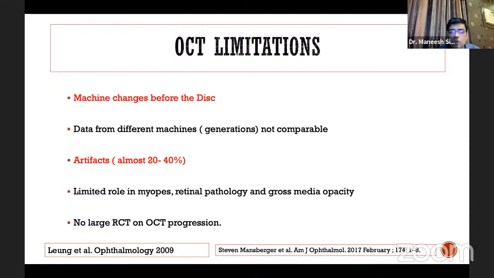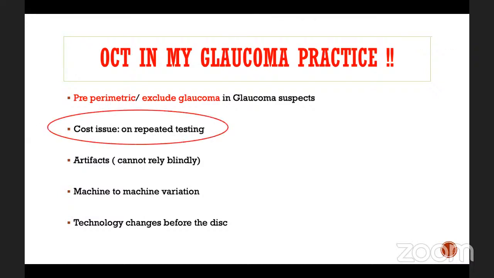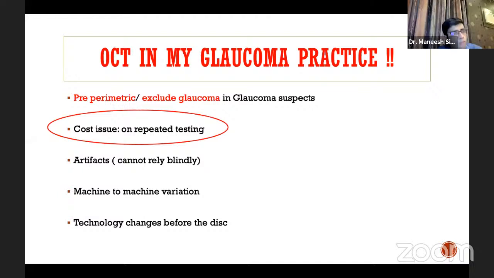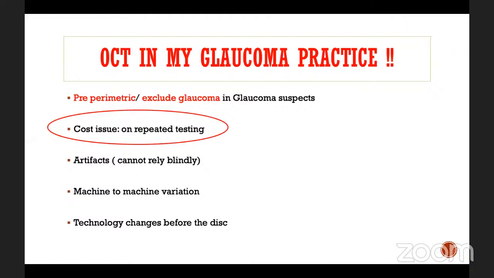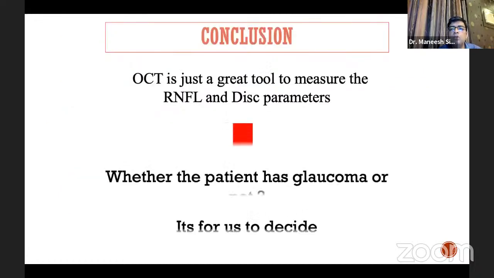Plus, artifacts are very, very common. We don't see them actually, but if you start looking for them, in almost 40% of patients you will find some artifacts. In my practice, I mainly use OCT for pre-perimetric glaucoma and to exclude glaucoma rather than to diagnose glaucoma. Again, cost is a factor, because when you're seeing patients over time, you're doing clinical evaluation also, and doing OCT repeatedly has a cost involved. So it is not possible in every patient, and I've already told you about artifacts, plus there is machine to machine variation. So to conclude, I'll say OCT is a great tool to help assess your RNFL and disc parameters,